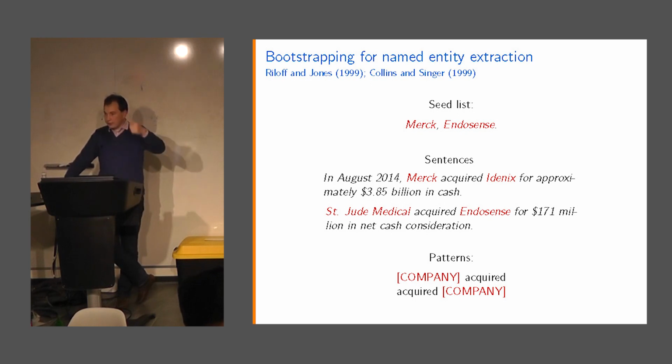And then you can iterate this process to grow the set of named entities and grow the set of patterns, and in the end be able to extract most of these named entities. So is that bootstrapping to sort of identify